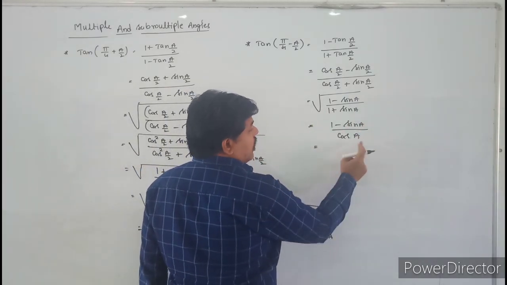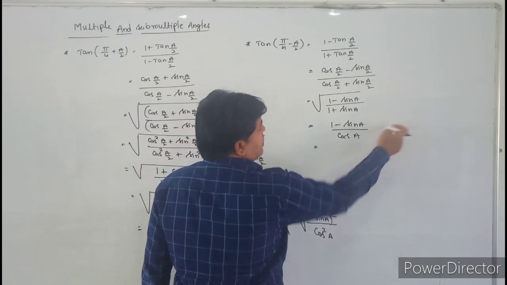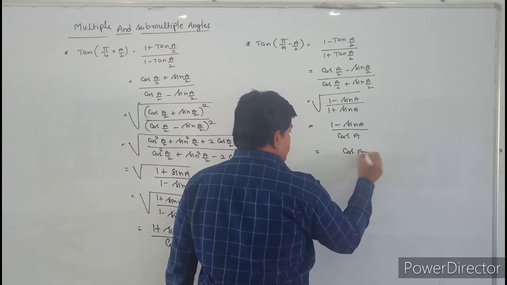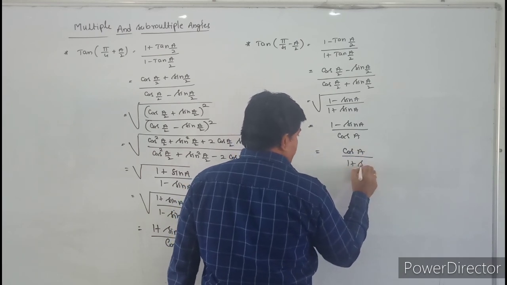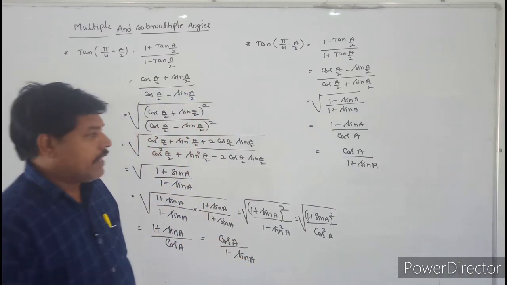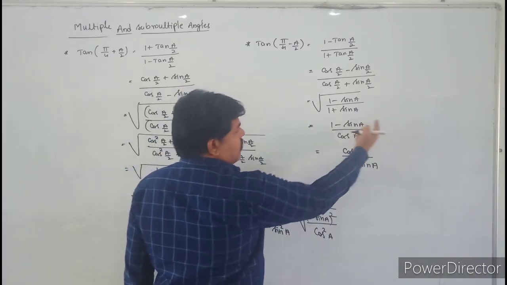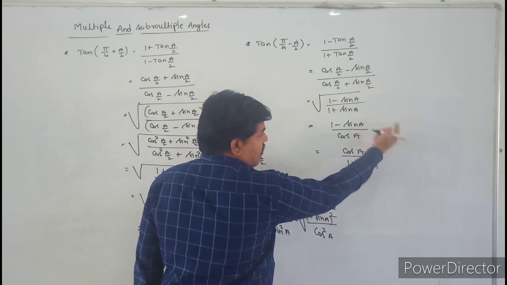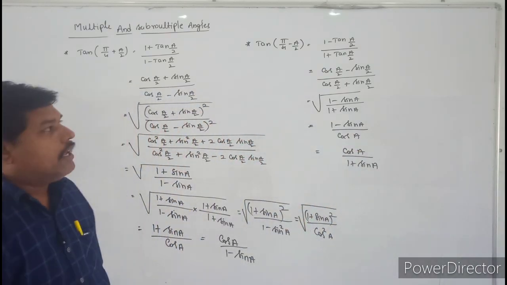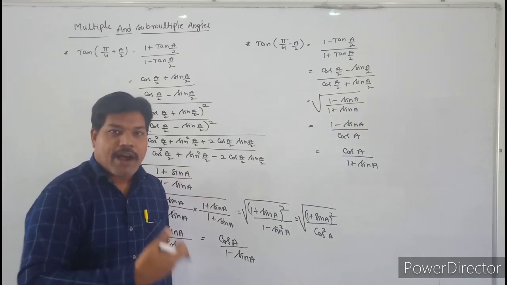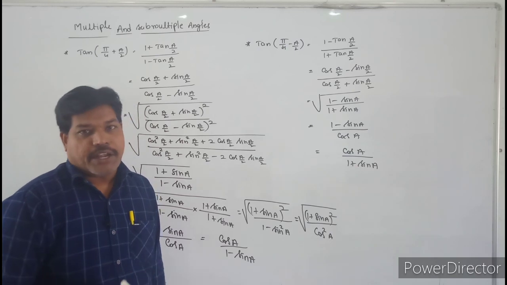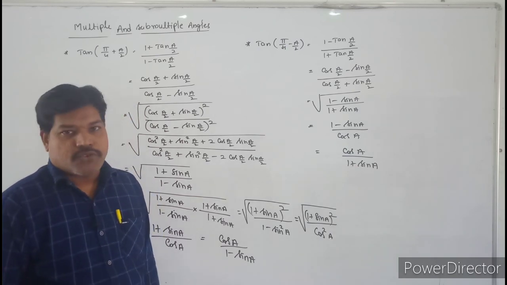And also, if you multiply and divide with 1 plus sin a, the cos will go into the numerator, and it will become cos a by (1 plus sin a). So here, if you rationalize it, that is, multiply and divide with 1 plus sin a, it will convert into cos a by (1 plus sin a). So you have to learn these by heart and practice them. We can apply them whenever needed. Okay, so see that one, students.